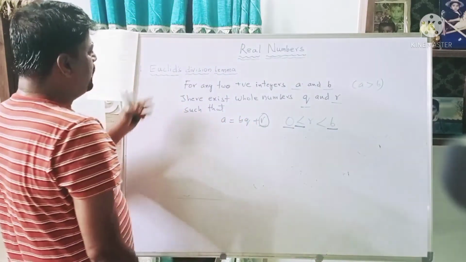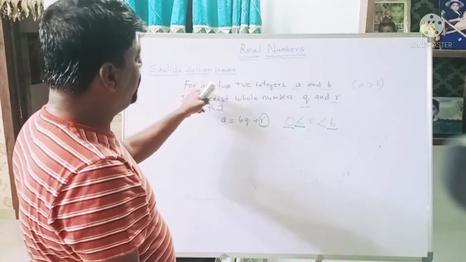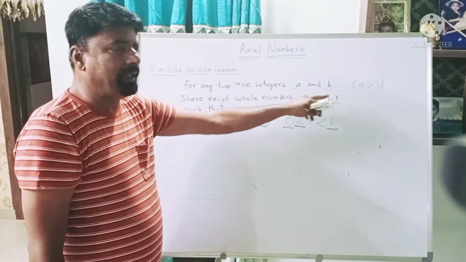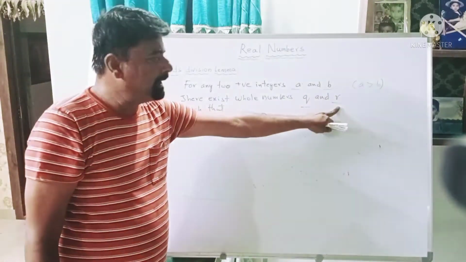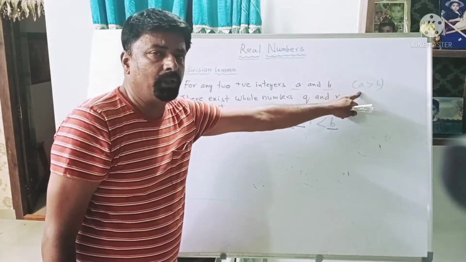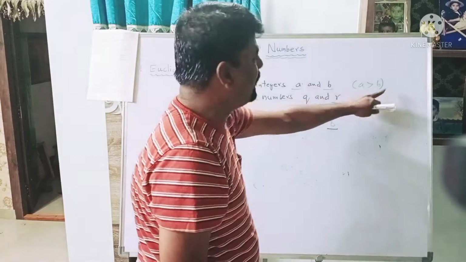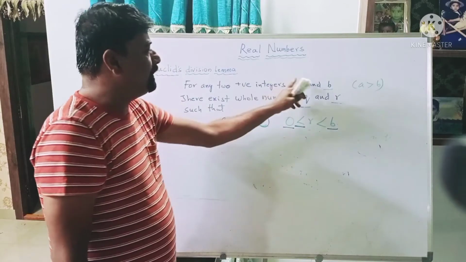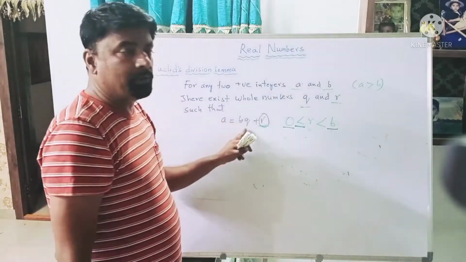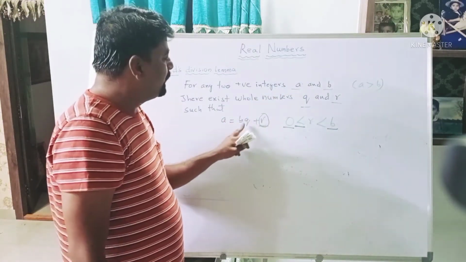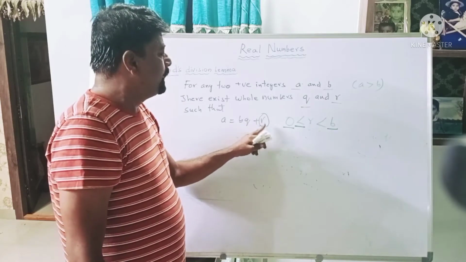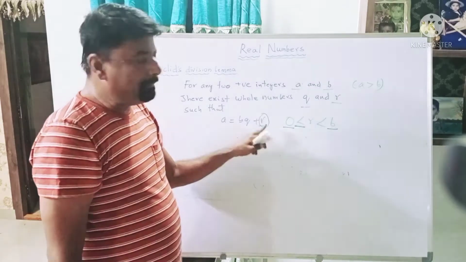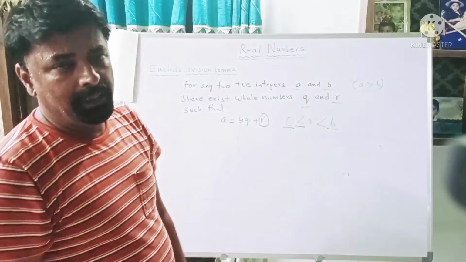Afterwards, I want to explain another topic. Once again I am explaining, beta. If a, b are any two positive integers, there exist whole numbers q and r. These q and r are unique. One condition you want to keep in your mind is that a is always greater than b, beta. There exist q and r such that the relation between a and b is a equals bq plus r, beta. These q and r are unique numbers. Here q is the quotient and r is the remainder. So this is Euclid's division lemma.